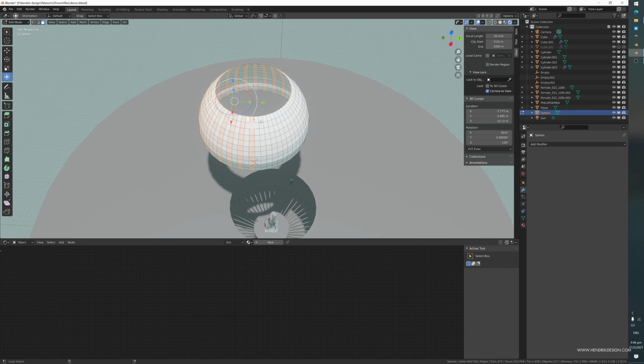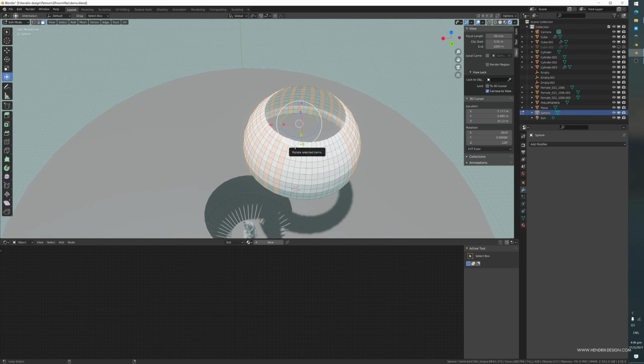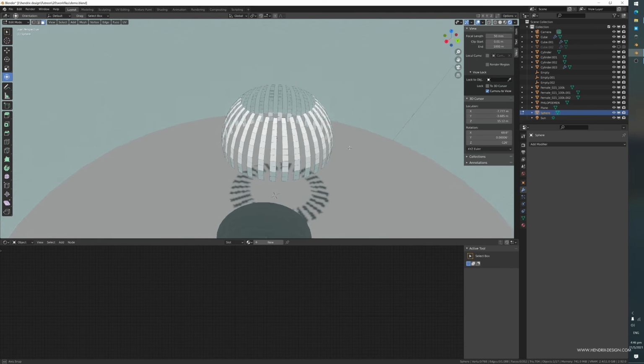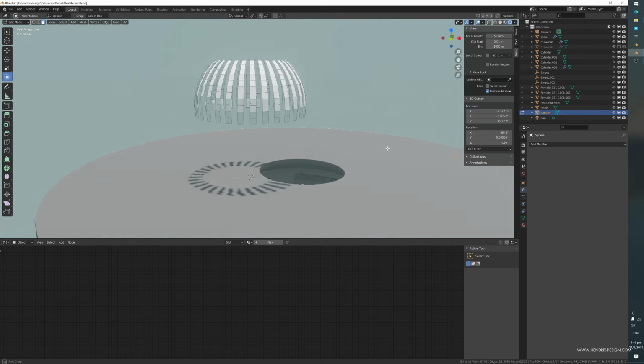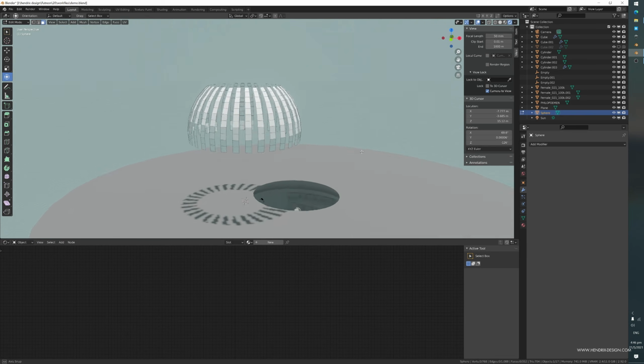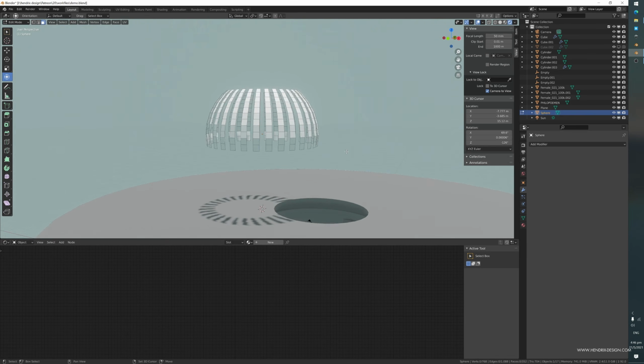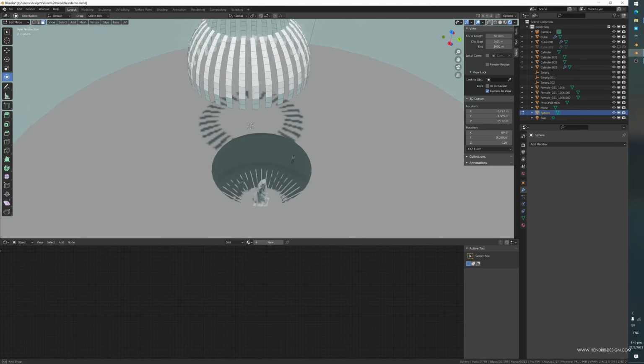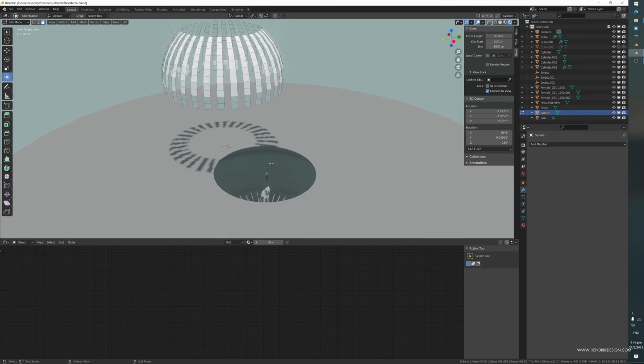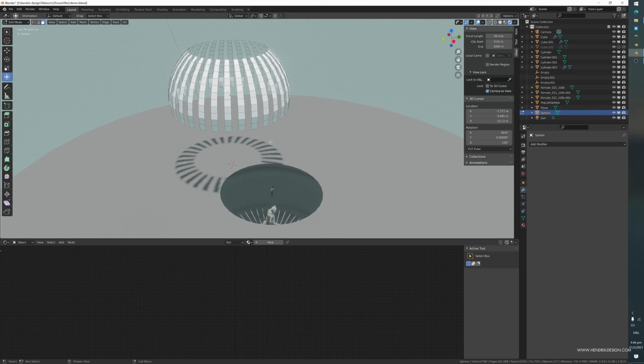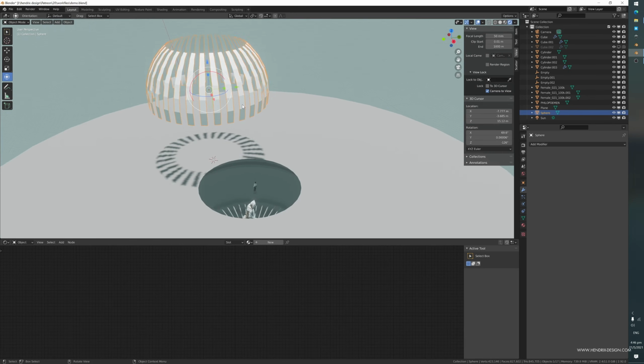So I basically want to only have every second one. The idea being that I want this to be some kind of translucent material. I want this to kind of be in glass so that it will reflect